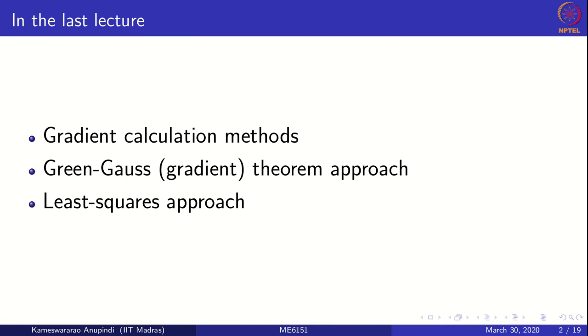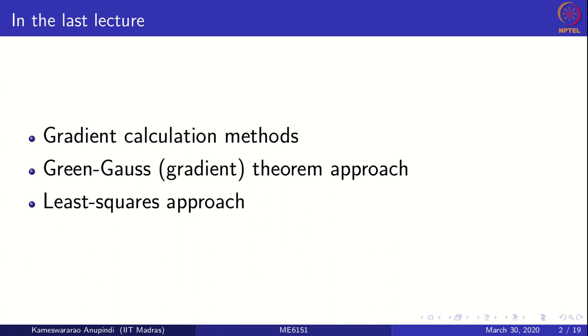So in the last lecture, or in the previous lectures, we have been looking at gradient calculation methods. And we looked at two different methods of gradient calculation. One was the Green-Gauss or the gradient theorem approach, and the other one was the least squares approach. The motivation to look at these gradient calculation methods was that we needed to